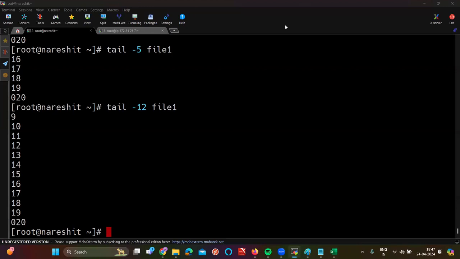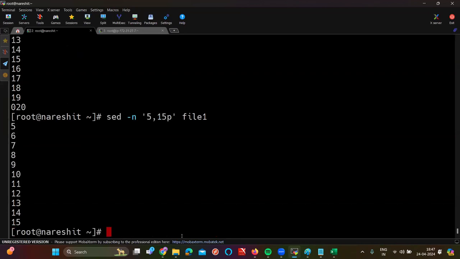See, that is a doubt, like exactly what you got now. See, give the command sed -n, n stands for number of lines. I want to print from line number 5 to 15. 5, 15 p. p stands for print. And from which file? file1. With the help of sed, I am printing the number of lines. What is the number of lines? 5 to 15, I am printing. And in which file? Is it printing from line number 5 to 15 or not, sir?